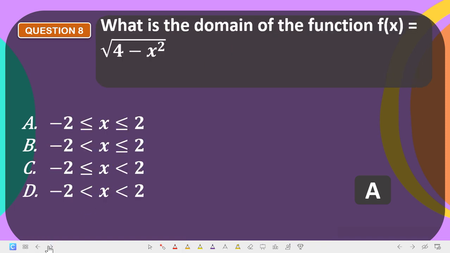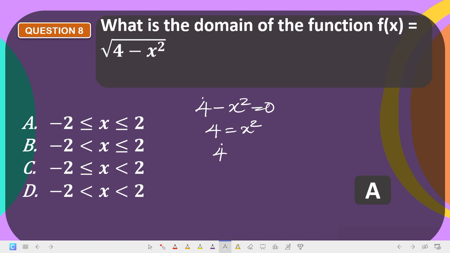Okay? The next. What is the domain of the function? Now for you to look for the domain of a function, all you need to do is equate what is inside to be equal to 0. So we have 4 minus x squared is equal to 0. Now make x the subject of the formula. Take this one to this side, becomes x squared. Now our x squared,